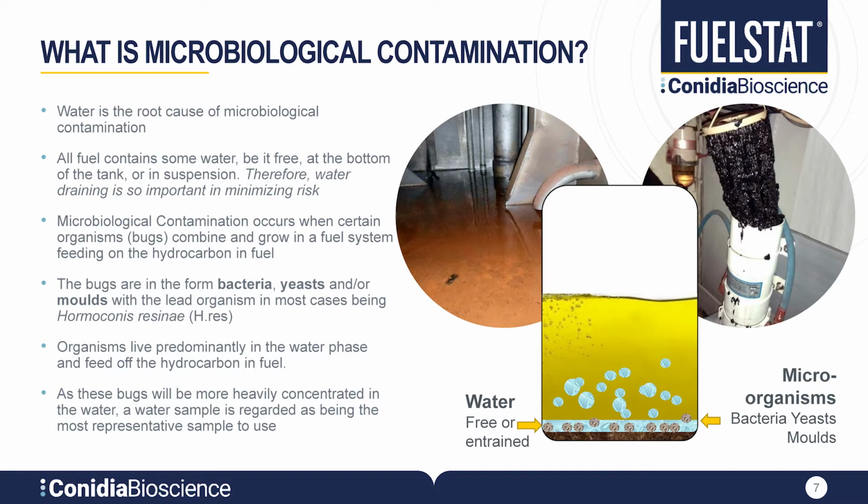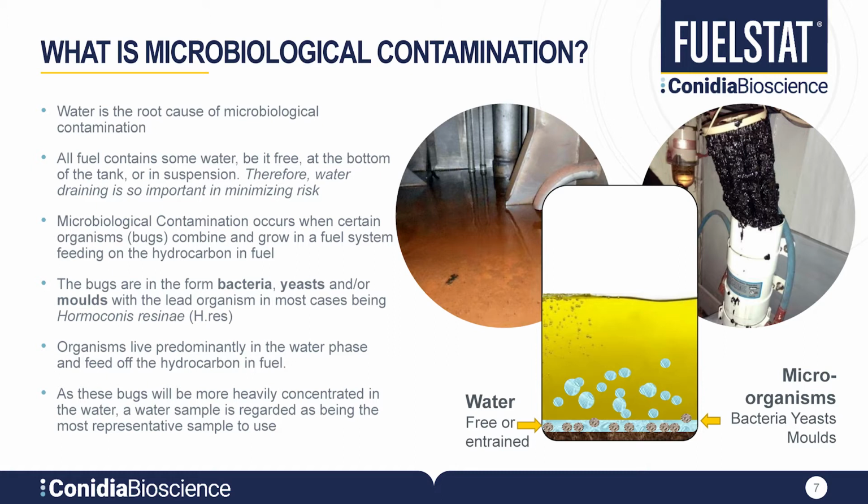These bugs are microorganisms and consist mainly of bacteria and fungi, which includes yeasts or molds. You can see evidence of these types of organisms growing all around us, for example, on stale bread or cheese over a period of time. In fuel, the most commonly identified organism is Homoconus resinae, or HRES for short. But no need to worry too much about its official name. It commonly appears as a brownish black slime or sludge at the bottom or sides of your tank, or blocking